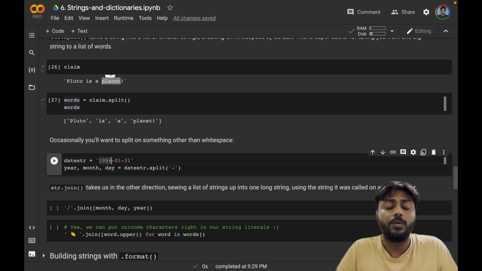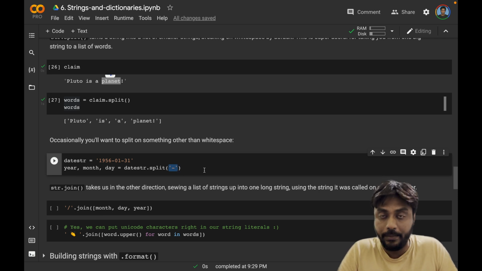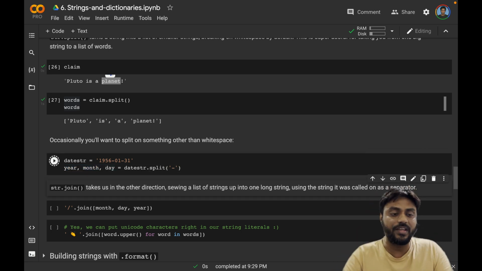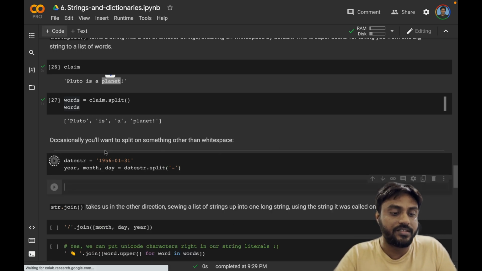So in that case, you are going to take this string and do a dot split on it, and instead of specifying nothing in the brackets, which again resulted in white space as a default, I'm going to explicitly state my delimiter based on which I want the split to happen, and this will give me a 3-element list which I can unpack like so into 3 separate variables: year, month, and day. Okay, so if I check the value of these 3 variables,